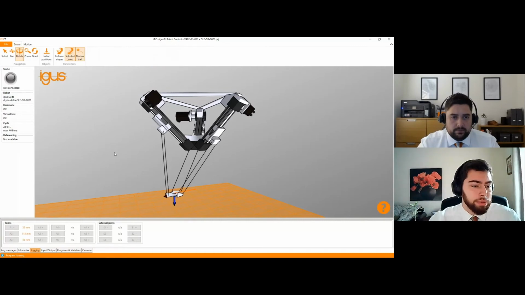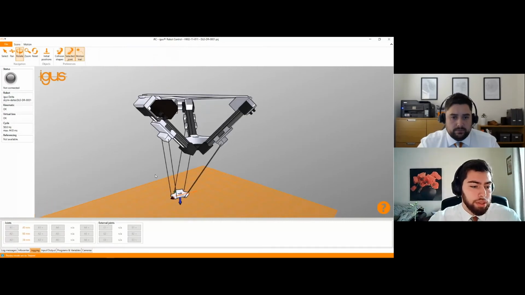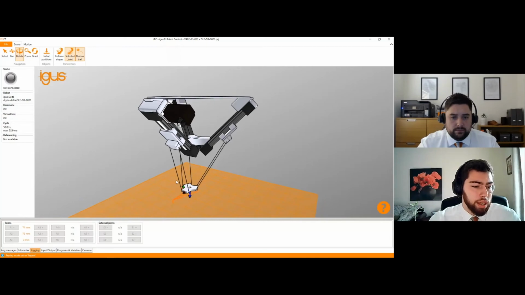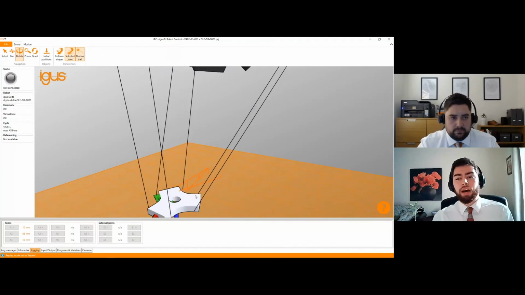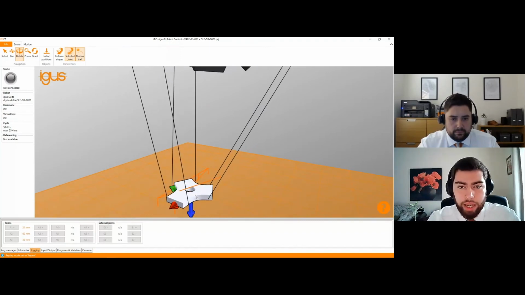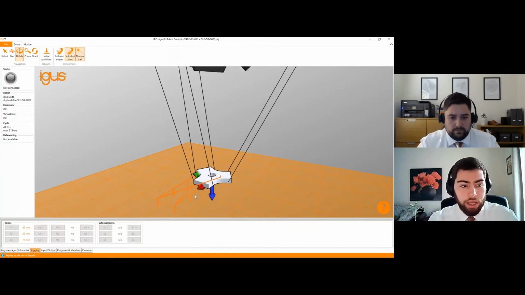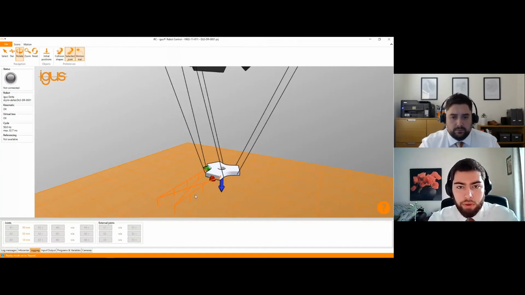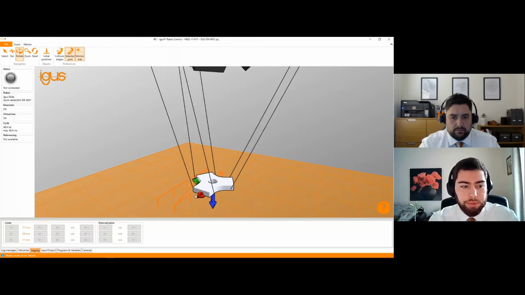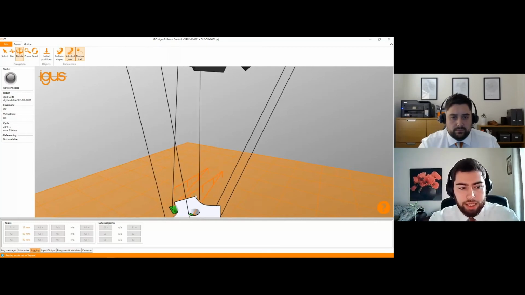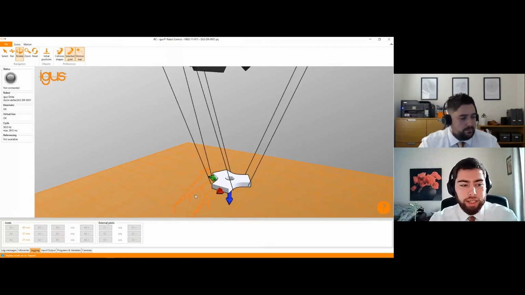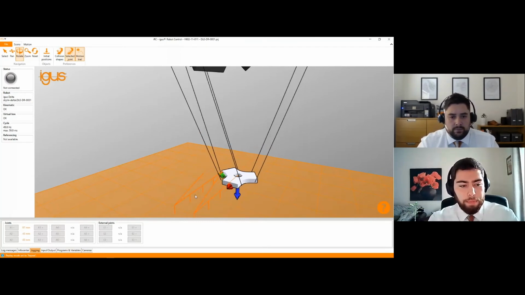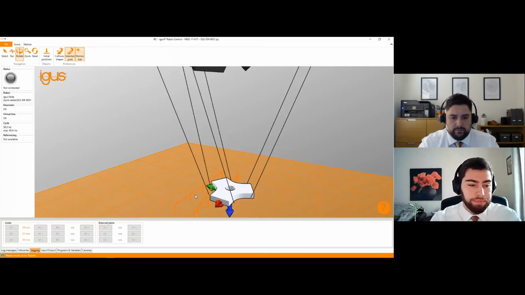While the robot is moving, we can also use the scene commands to make everything easier for us to see. We can see now that the Delta robot is simulating a pick and place application on a matrix, which of course can be programmed by a function inside the Igus Robot Control. It's as easy as selecting the distances and the items that you want to pick, and the matrix is calculated, so you don't have to program each point separately.